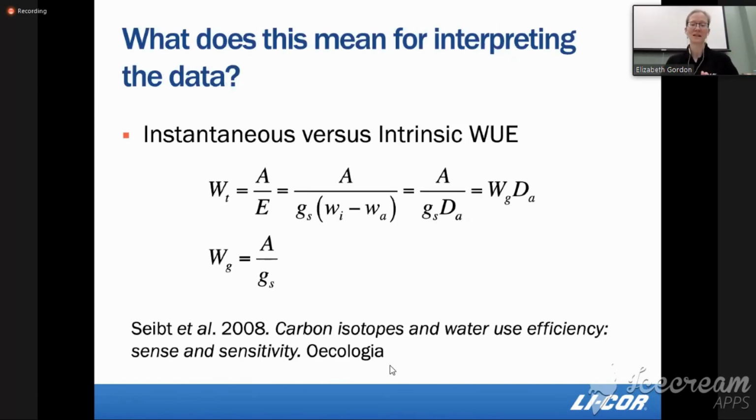The other thing that this means, going back to that transpiration term I mentioned that I had grayed out: if we change the boundary layer, then we change the transpiration gradient. If we change the transpiration gradient, then interpreting water use efficiency, which is a very common metric, is not as correct because we artificially altered that transpiration gradient. You'll often see people refer to instantaneous water use efficiency, and that is just A over E. And this works if you were, say, looking at an eddy covariance system or something like that, when you're not altering the conditions. When we're in a chamber and we're altering the conditions with the mixing fan to strip the boundary layer, and then we're giving it back, but perhaps not to the same amount, then we should consider using intrinsic water use efficiency, which is